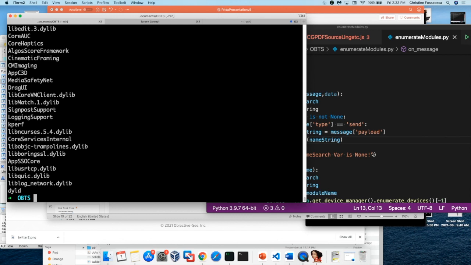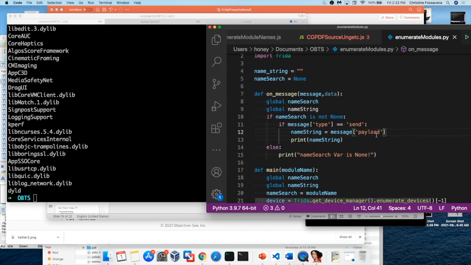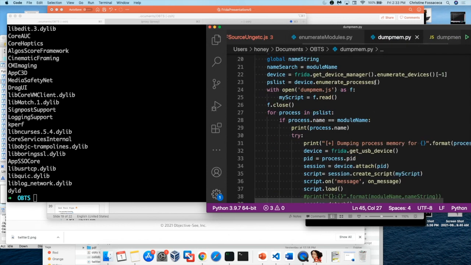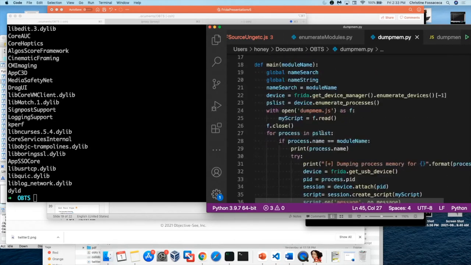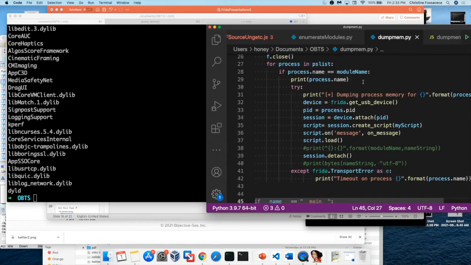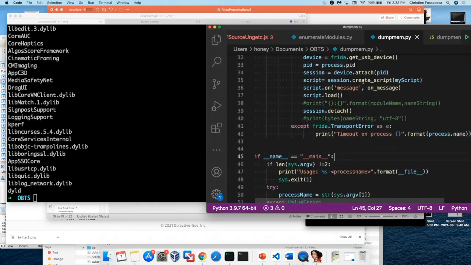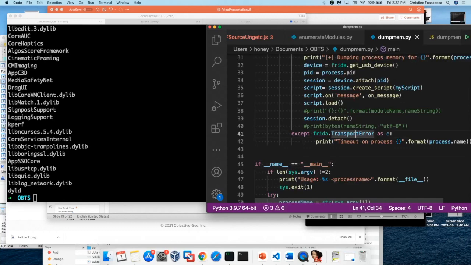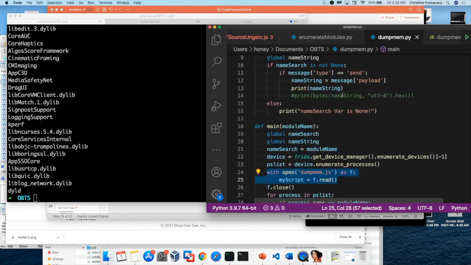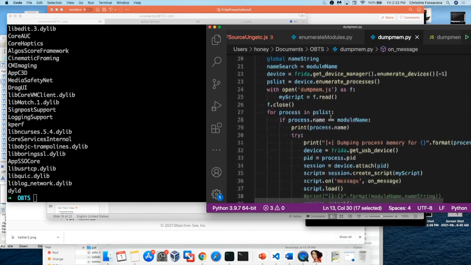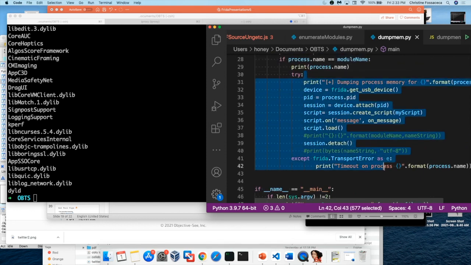Okay, so now you've seen me print the modules like 8 times, and you're probably bored. So let me show you something a little more interesting. I'm going to show you how to dump memory. So this is almost the same Python script, but this is connected to a different Frida script, this one. And so you can see again, I'm printing this data that's being sent, but everything else here is the same